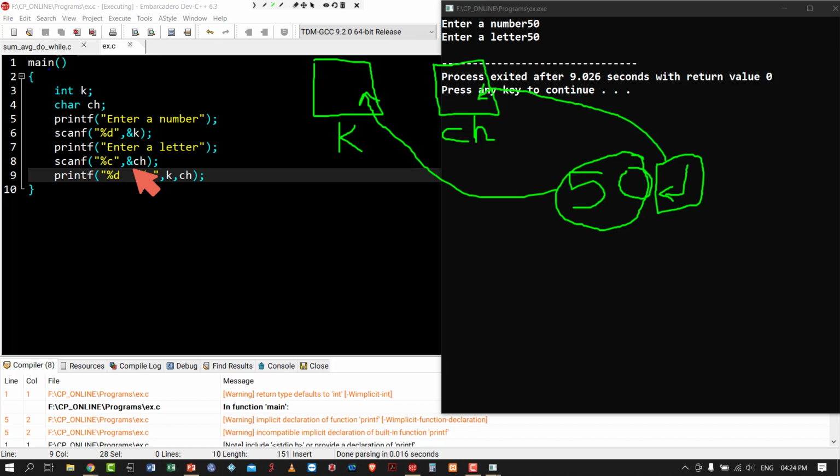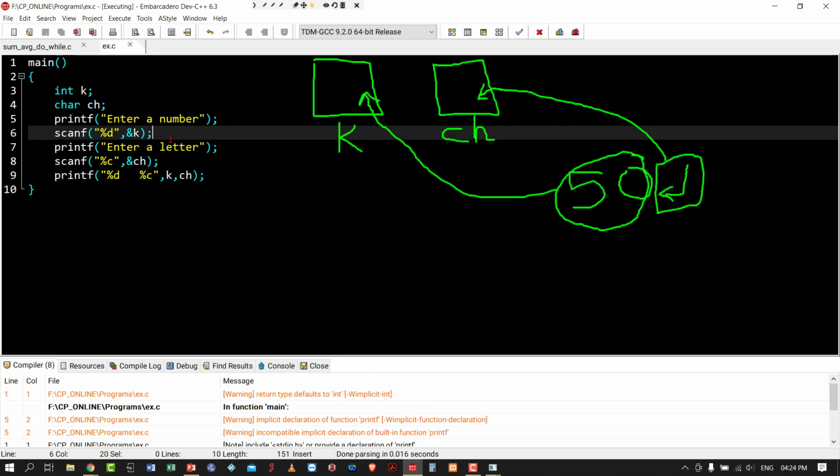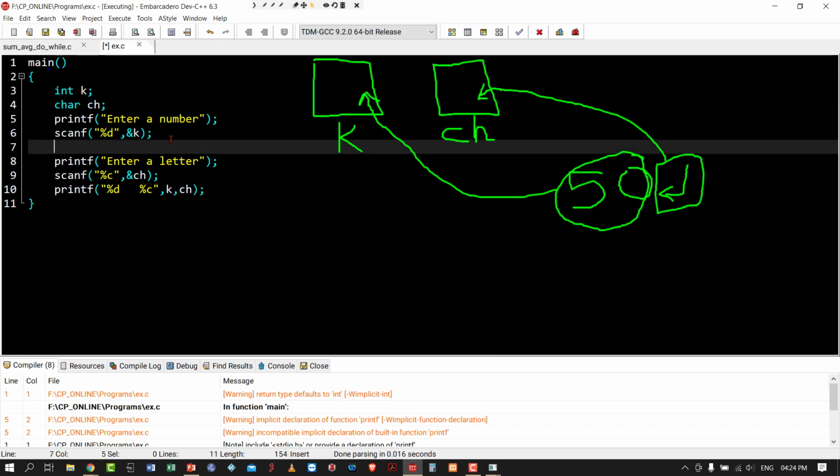So to avoid that, I am adding one more thing. After this scanf statement, after reading integer, I am just giving getch. We will study that library function later. Anyway, getch is to read a single character.